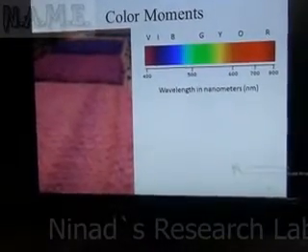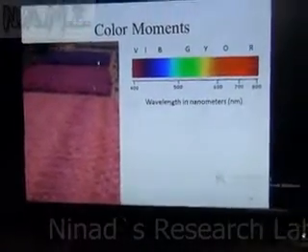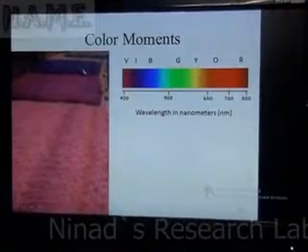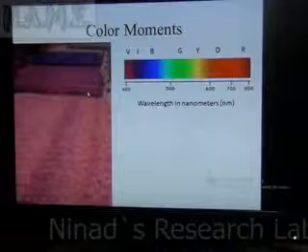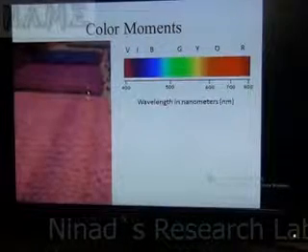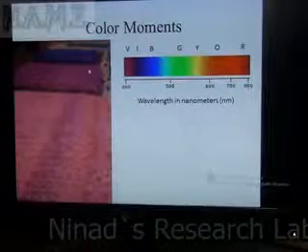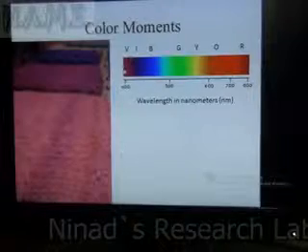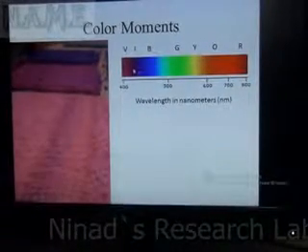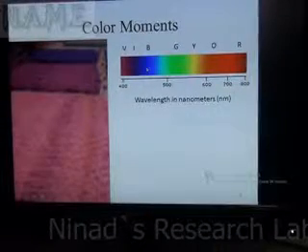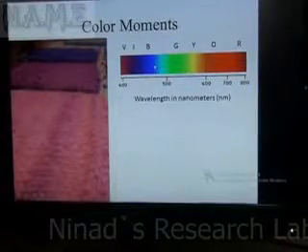Then color moments. If I give you three fabrics and ask you are they same, you can say they look same but they are not exactly. So we generally say color moments by shades of the same color. Until and unless you are in this range, you will say yeah, they all belong to violet. From this point onwards you will say no, they look bluish, and till this point.